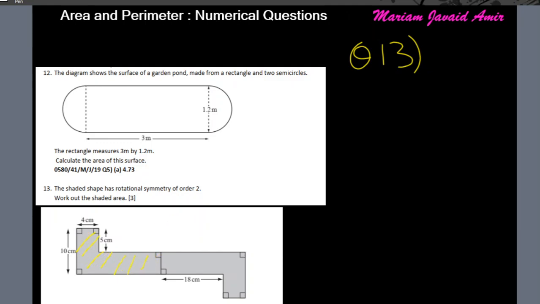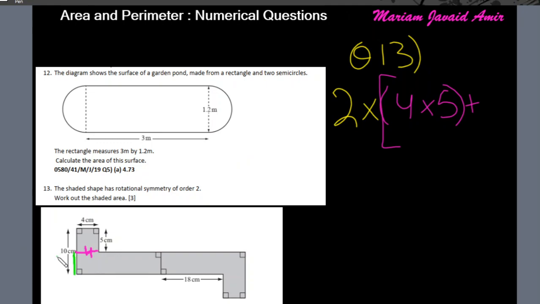Alright, so we have to figure out the area of this half of the L shape. So 2 times what, let's divide this into two shapes. So this will be 4 times 5, right? So I'll write 2 times 4 times 5 plus, and the remaining rectangle would be, this dimension is 5 because 10 minus 5 is 5. We have 5 here, so that means we have 5 left here. And then this dimension would be, let's see, since these two sides are equal, this length is 18, that means